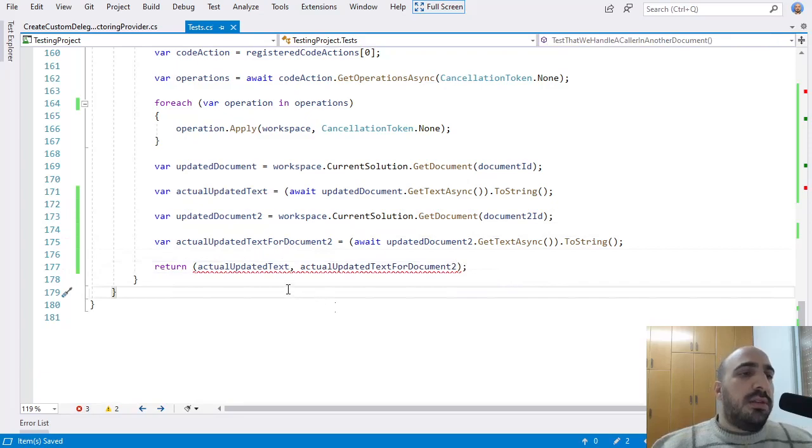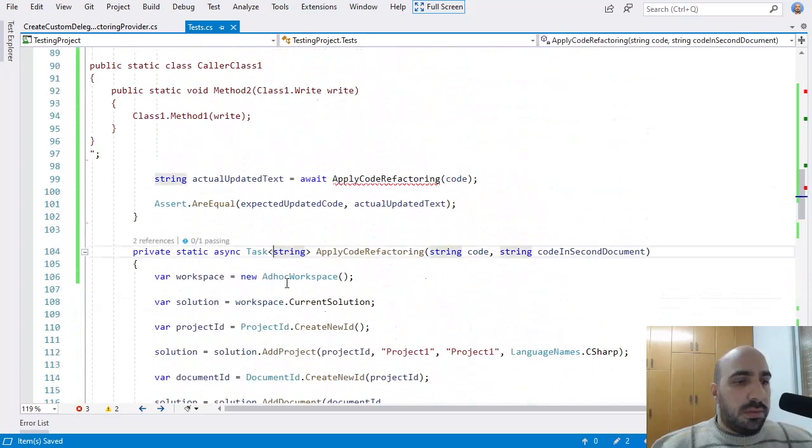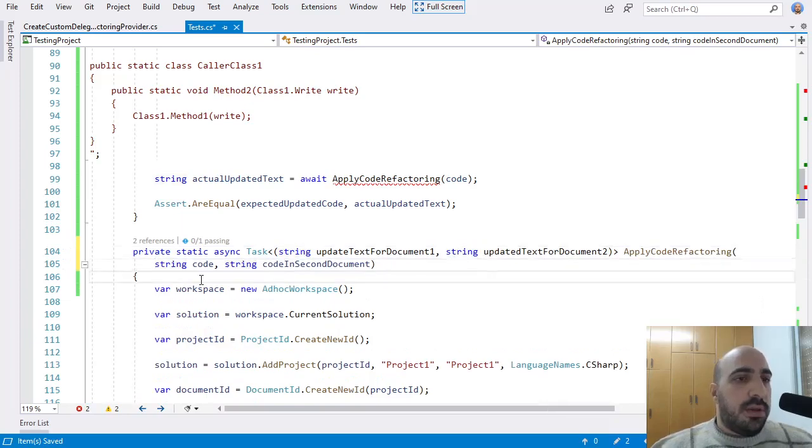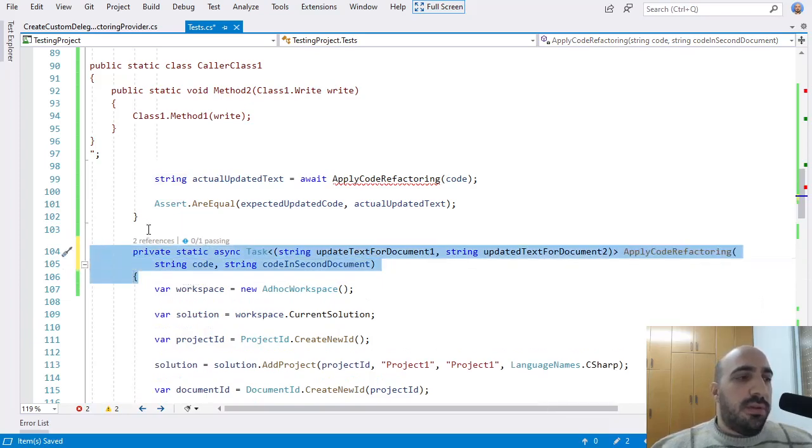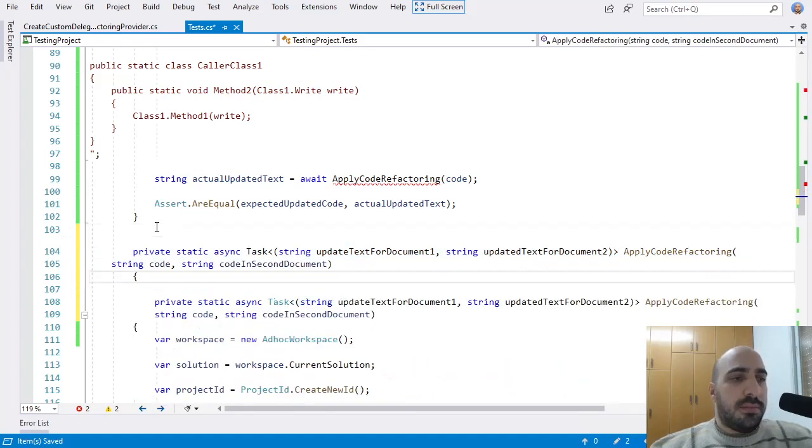Okay, I need to fix the return type of the method now. Okay, and I'm going to create an overload of this method that doesn't deal with the second document so that the first test compiles.